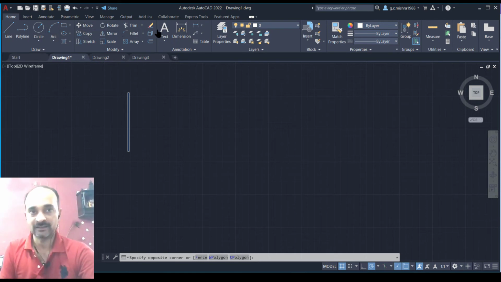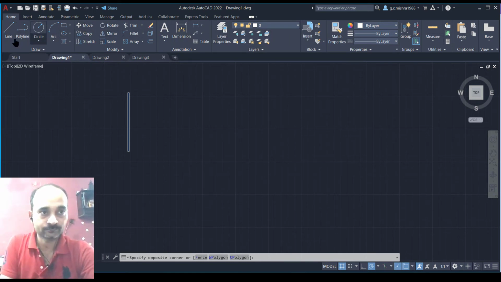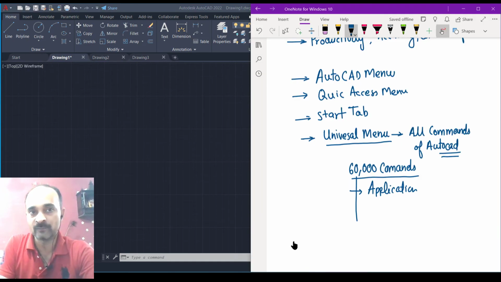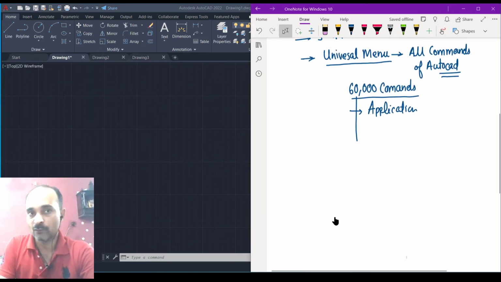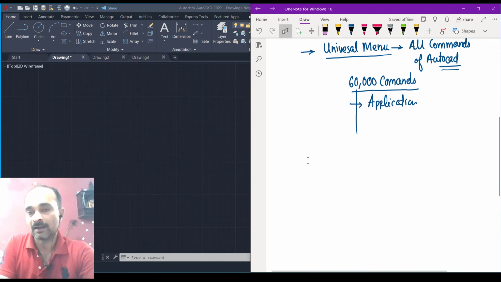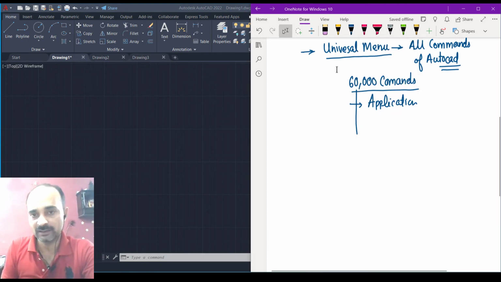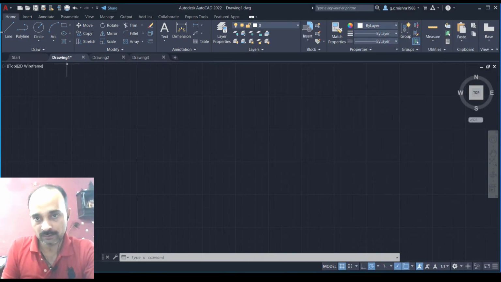This is the third menu. After that, you are seeing a white strip here. I am hovering my mouse here. A white strip from right hand side to left side complete. That is called ribbon. That strip is called ribbon. Third is called your ribbon.